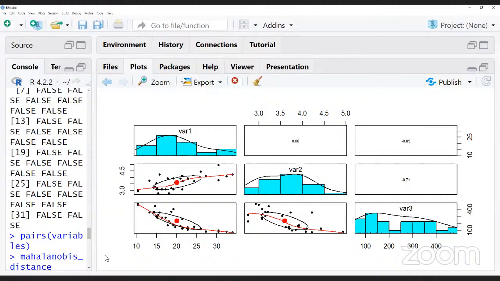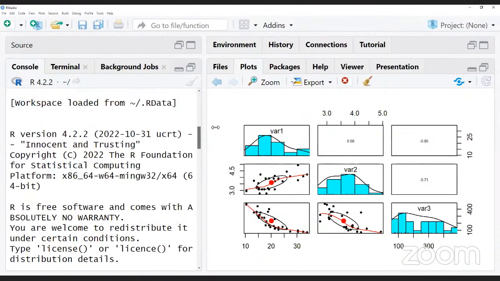But sir, the distributions are not normal. So in that case, don't we need a normal distribution of each variable if we want to see correlation? It depends upon the researcher's own plan. What the researcher will do depends upon the researcher, because variable 3 is skewed in nature. Definitely it is positively skewed, variable 3. So you have to transform it into log, and after that you can check it.